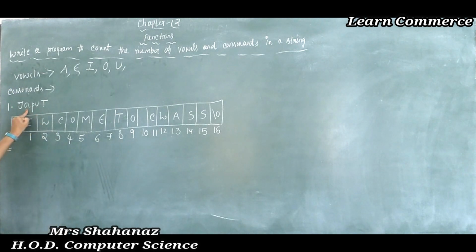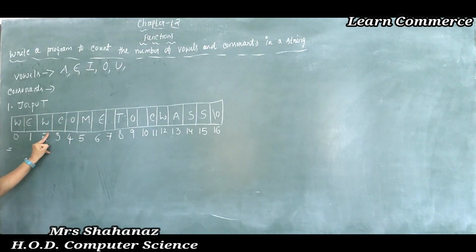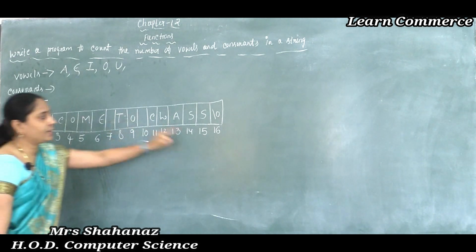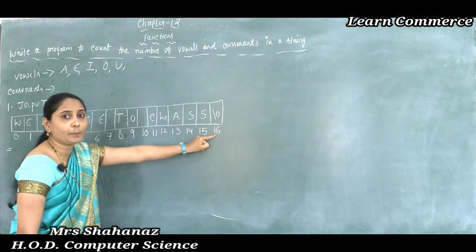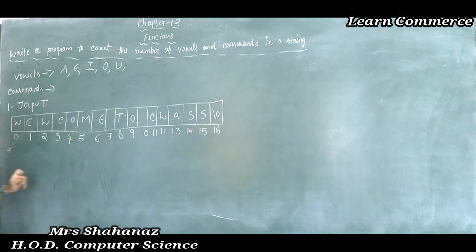First of all, I am going to input a string through the keyboard. What's the string I want to input? The string is "welcome to class". So this is the structure of "welcome to class". As we know, the group of characters, position values of strings are calculated by using a one dimensional array, starting from position 0, and later one by one we add the position values till the null character. Correct, no? So this is the structure of the string "welcome to class".